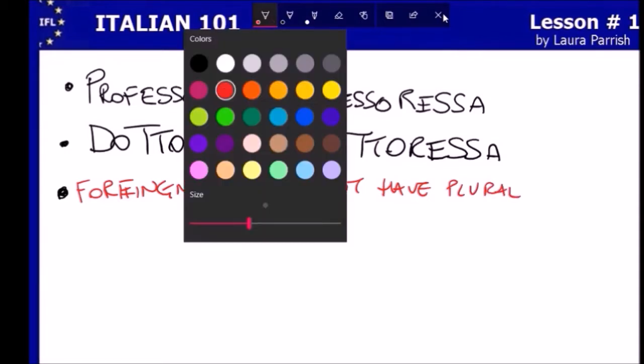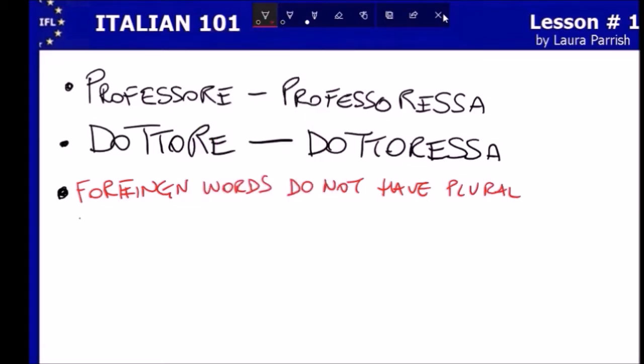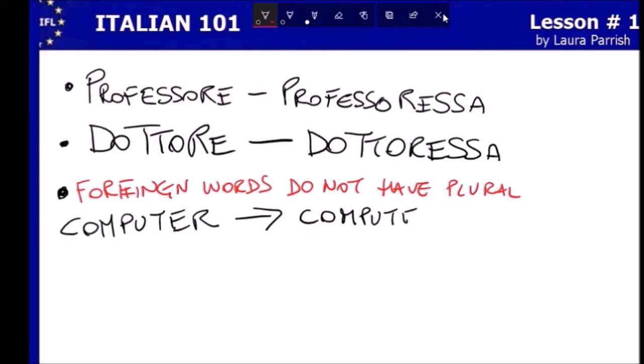So words that are foreign to Italian, like for example computer. Computer is an English word, it's not Italian. So the plural will still be computer. It doesn't change. This is about number, singular and plural. And all foreign words are masculine. So the rule is foreign words don't have the plural